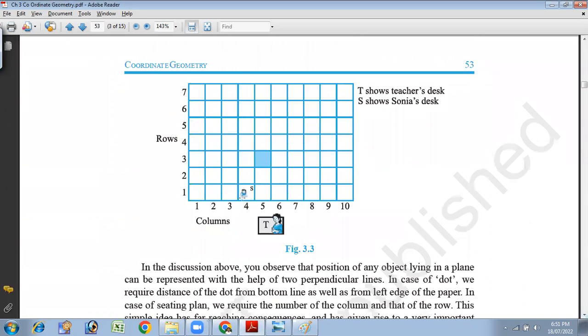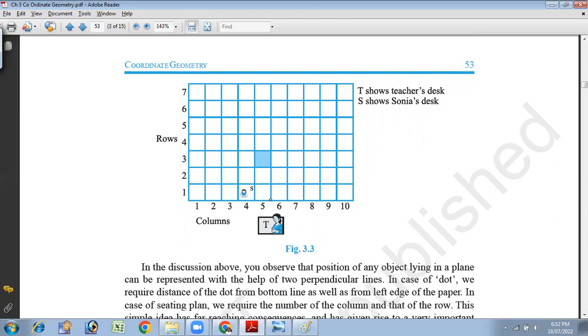ये देखो कुछ इस तरह से, जैसे कि आपका सपोज ये क्लासरूम है, इस क्लासरूम में यहाँ पर टीचर है, सपोज टीचर इज हियर, so this is column, these are the rows, so here is the position. What we can say, where is the position of this Sonia's desk? Tell me. In 5,3. we can say in the third row, or we can say in the fifth column,